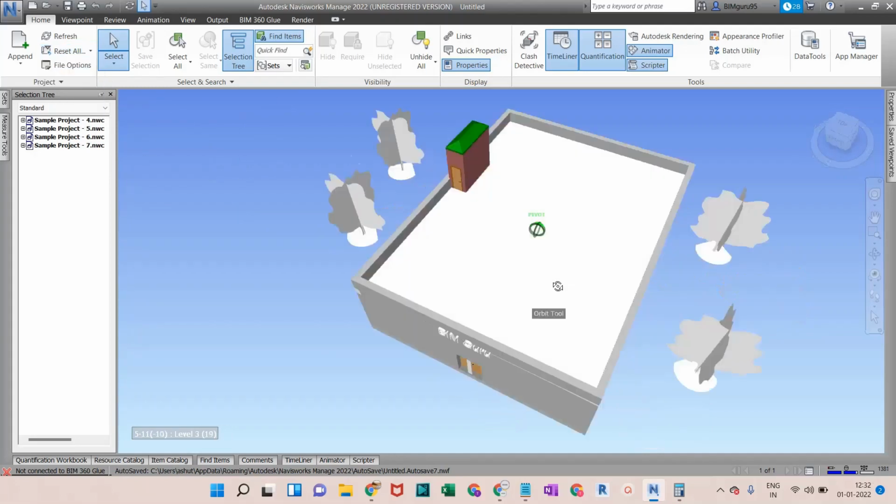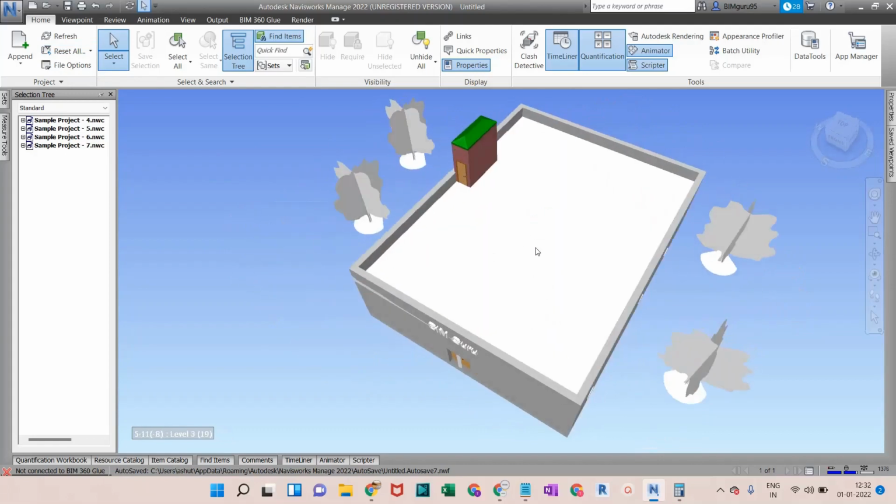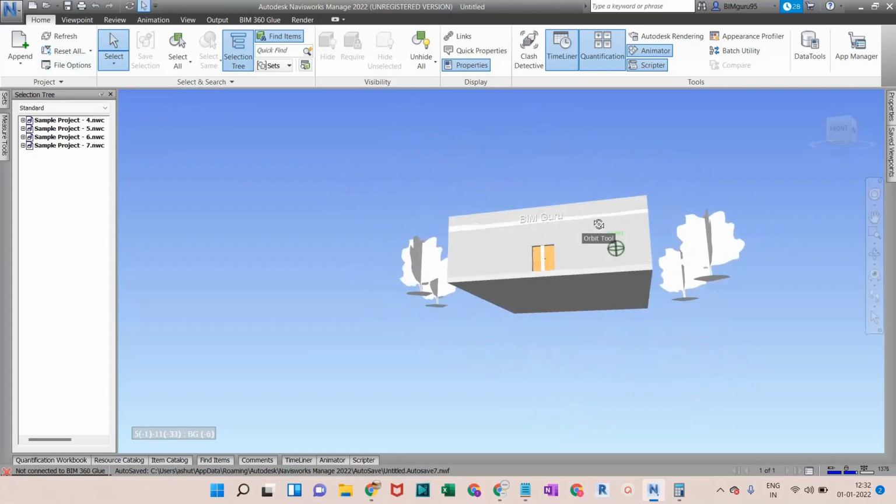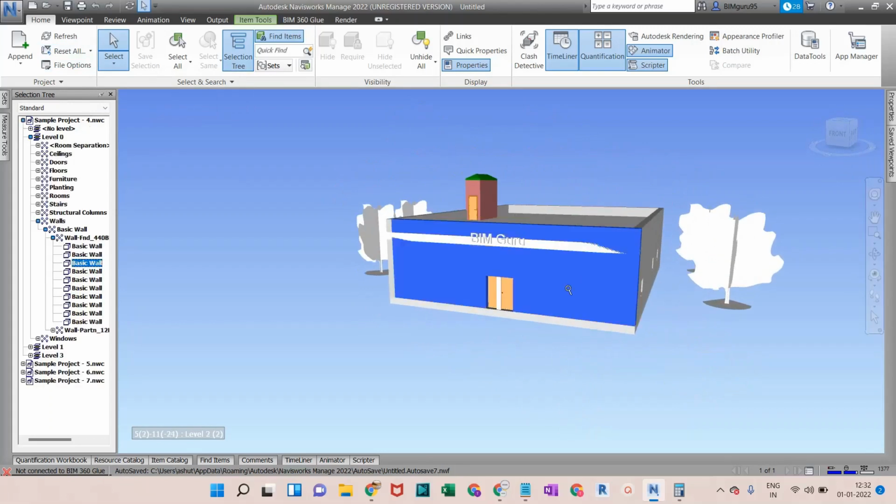Imagine you're working on a model and reviewing, and you are changing something like the color of the walls, and you have moved some element in Navisworks. You have done those kinds of things and worked a lot on the model, but you forget which element you have moved. Then how can you reset all the things in one go? That is the Reset All feature. For example, let me show you: if I click on this wall right there, Select Same.